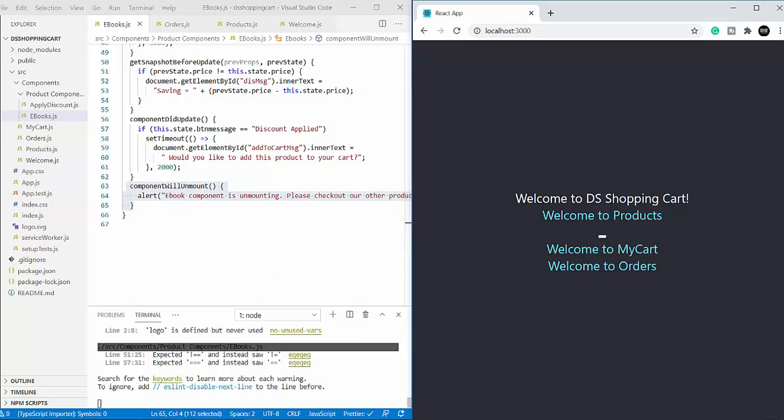So guys, I hope you have got a deep insight into each and every method present in the life cycle methods of a component. You can leverage the usefulness of these methods in your own logic and build brilliant React apps.